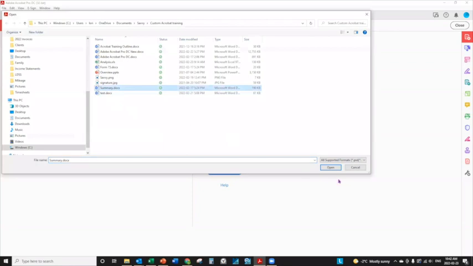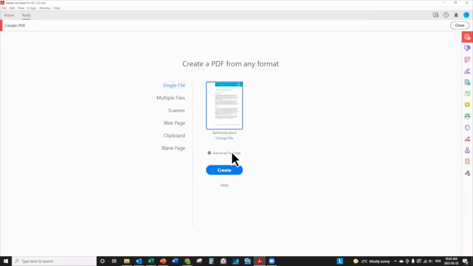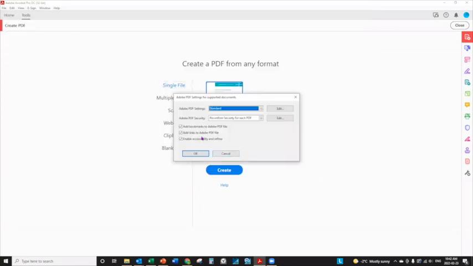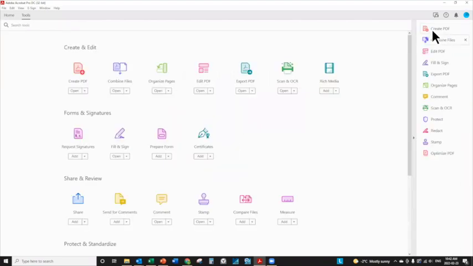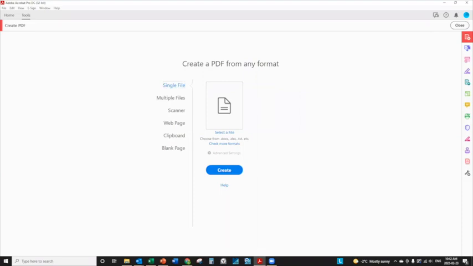There is an advanced setting option here as well, and that takes me to, again, similar settings that we saw in the preferences from within the Adobe PDF Maker. So I can choose whether I want to have bookmarks or links available. Now, instead of doing single files, just close this and bring that back again. If I want to do multiple files, I have an option of dragging them over,